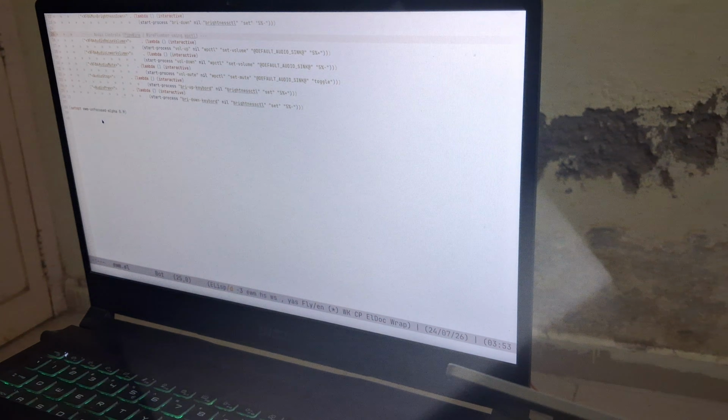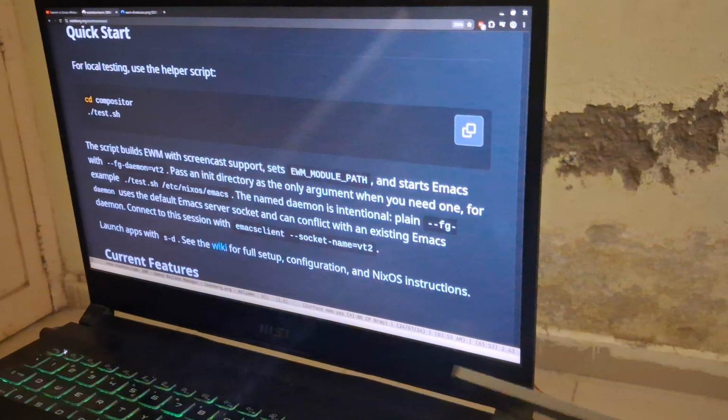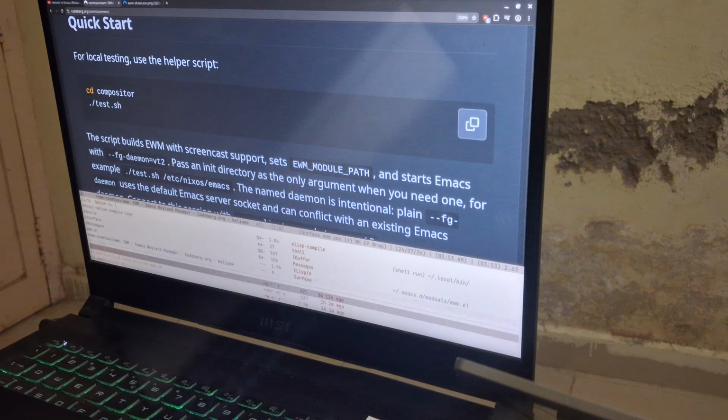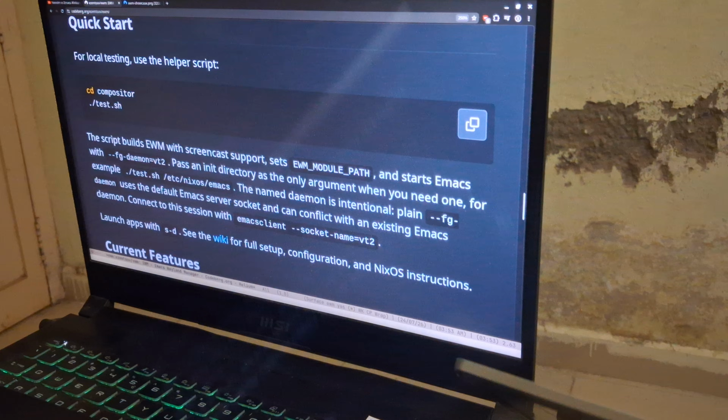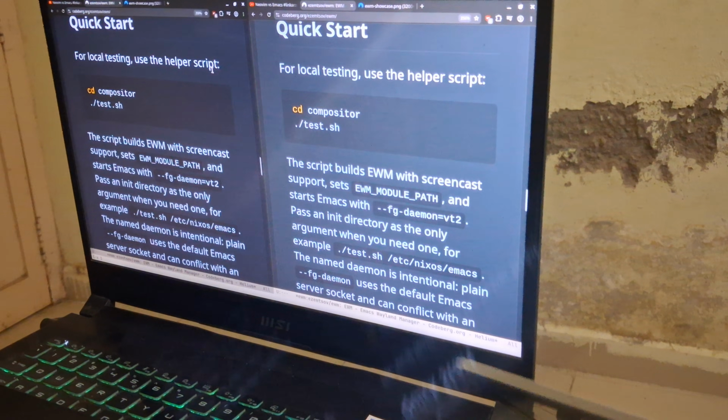So pretty much what you get with this is everything is a buffer, right? So I can just switch buffers, Windows D, I can just switch buffer like this. Even if I open multiple applications, I can switch between the files and the buffers and the applications very simply. And then I can split the window,